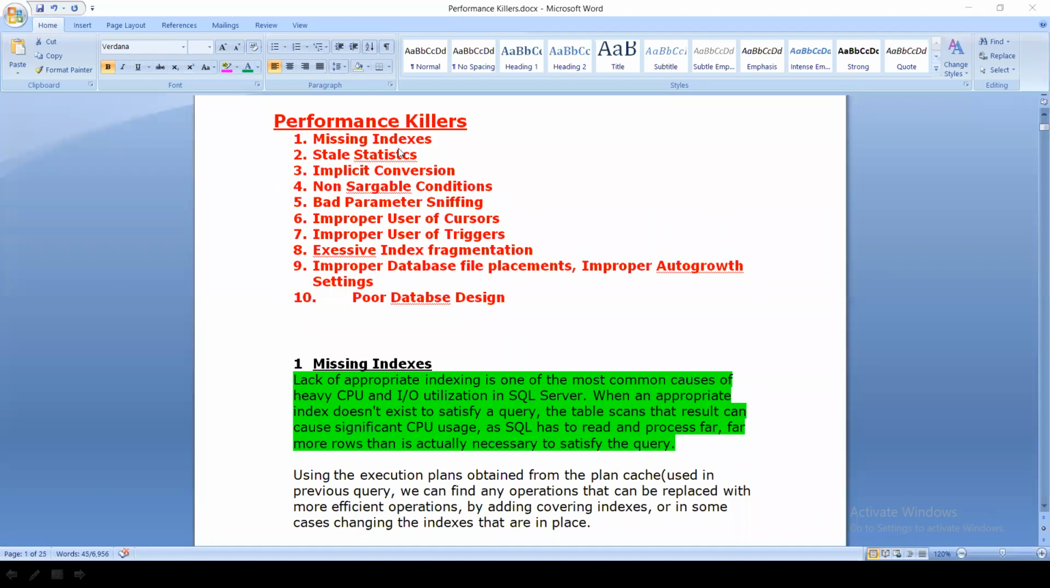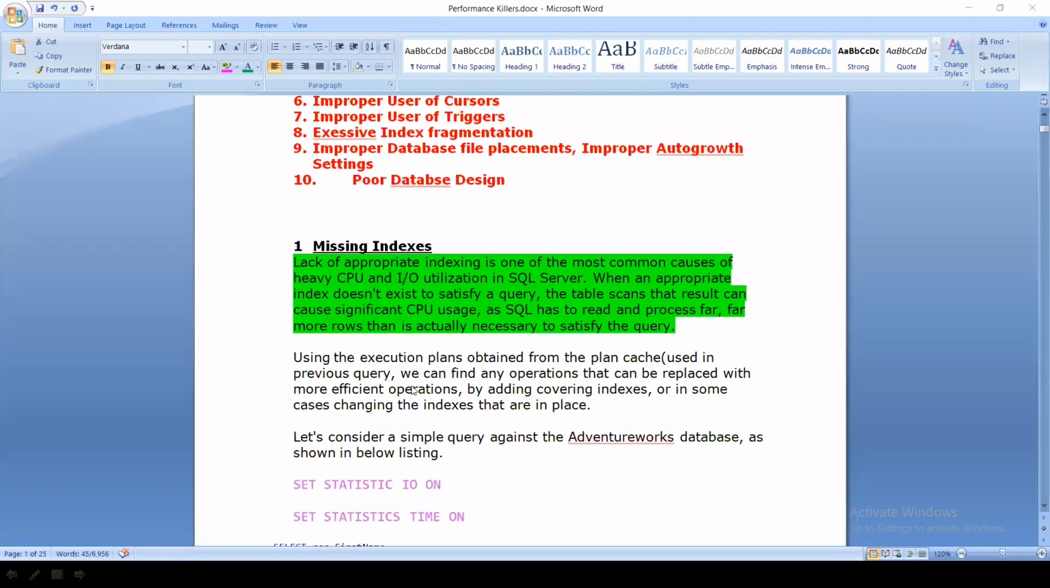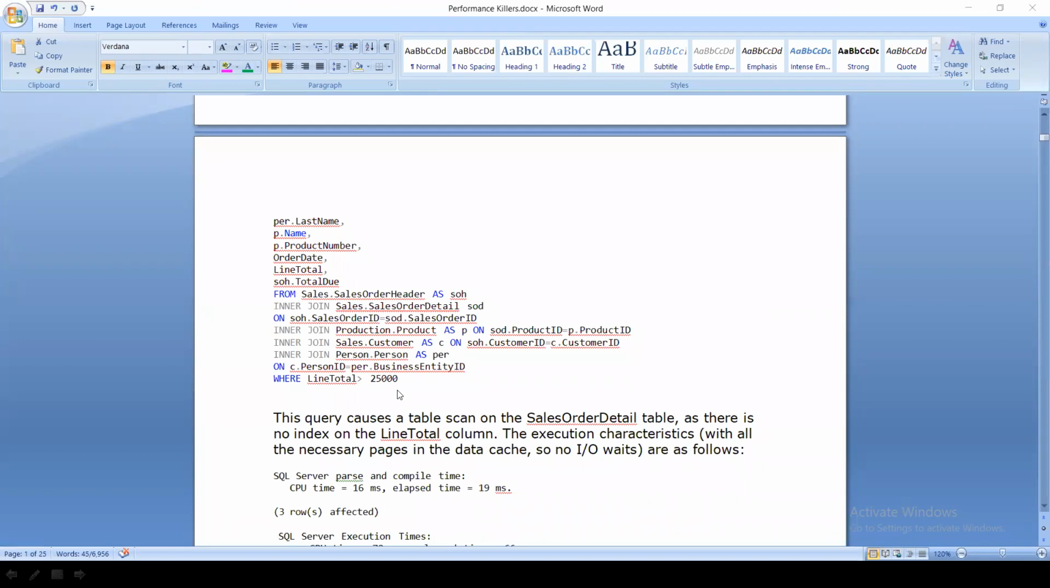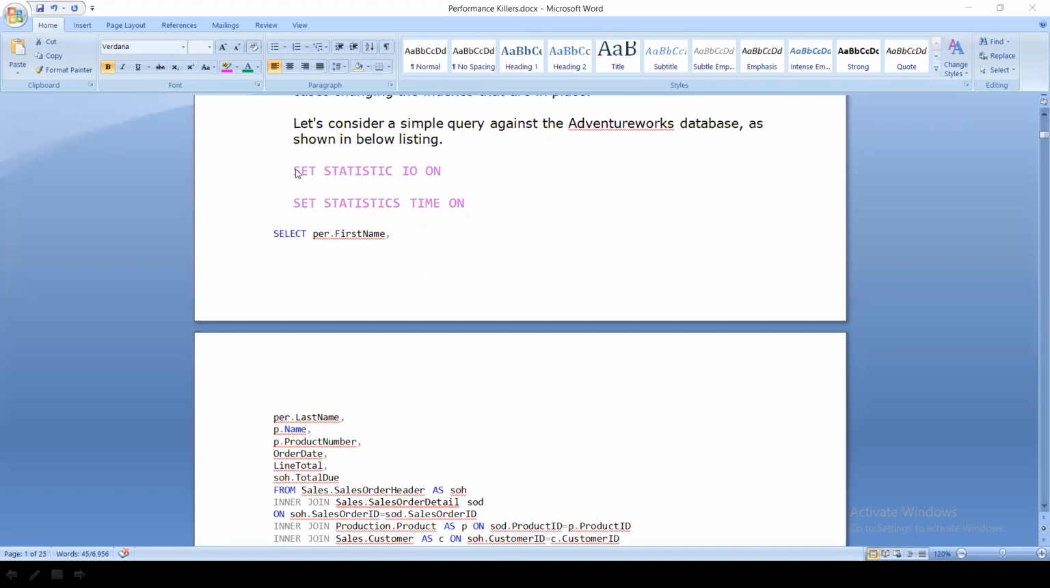Under performance killers, these are your major performance killers. Let us start from missing indexes. Then we will enter into stale statistics. We will try to understand implicit conversion as well. If time allows, we will cover the fourth, fifth, sixth, seventh of these. Or let us see what we can cover. So let us try to understand the case of missing indexes by capturing